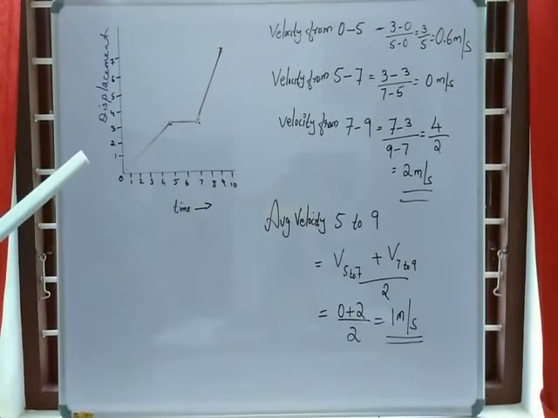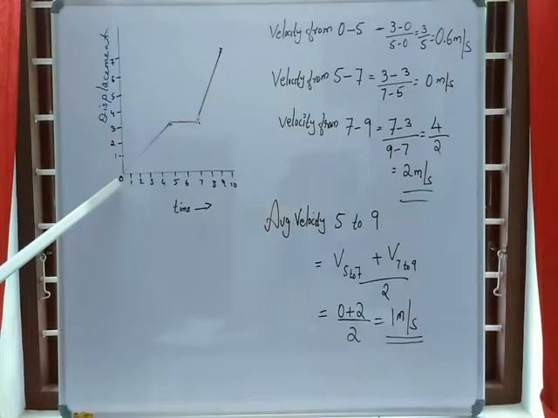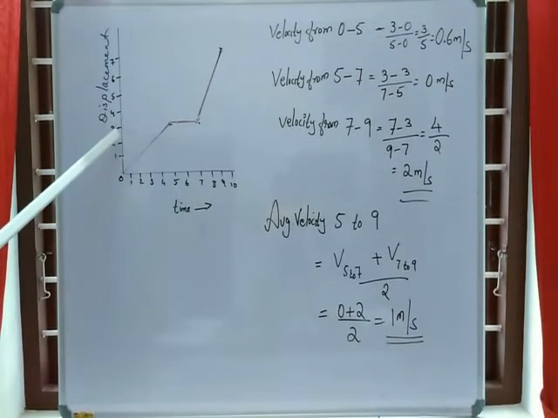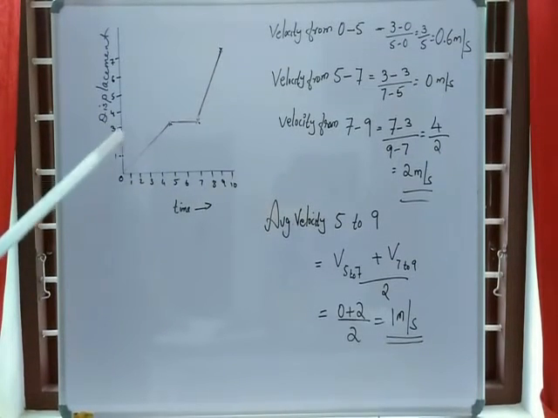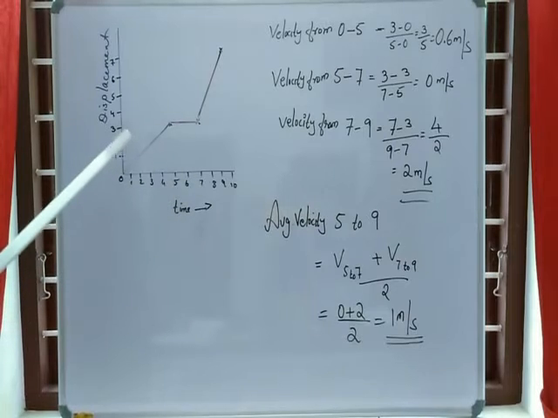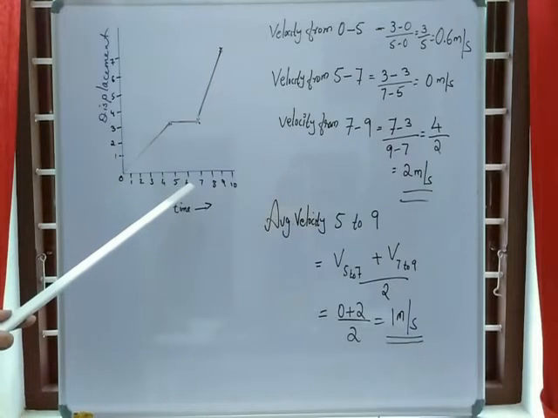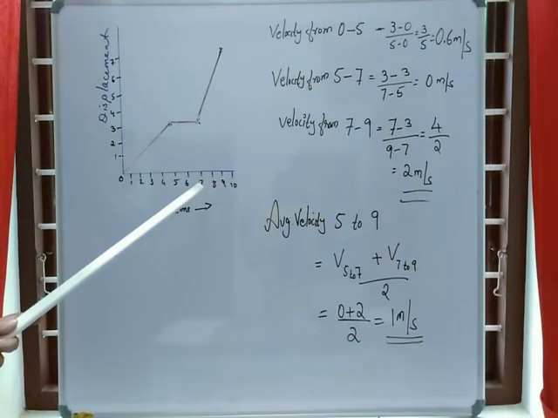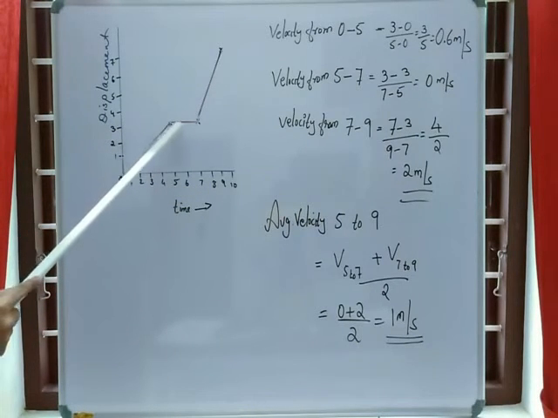Next question number 4. Already the graph is shown in your textbook. Please look at the graph. Here you can see from 0 second to 5 second, the graph gradually increases and reaches 3 meter. So at 5th second displacement is 3. And in 6 and 7 second there is no displacement. That is why you can see a straight line parallel to x-axis. That means after 5 second till 7 second the object is not moving. That is why the object remains at the place 3 meter.